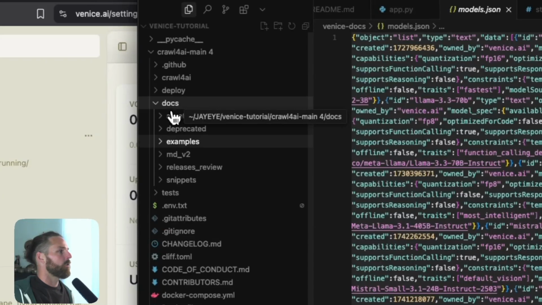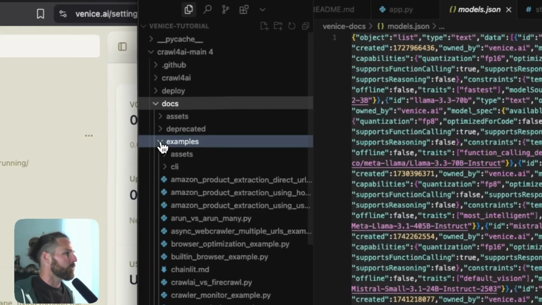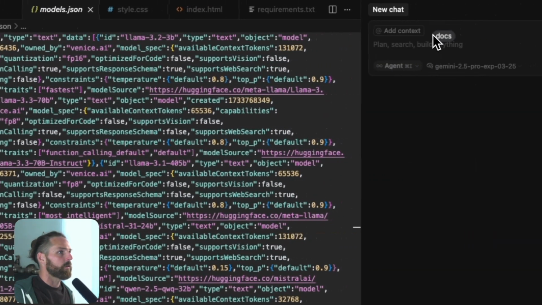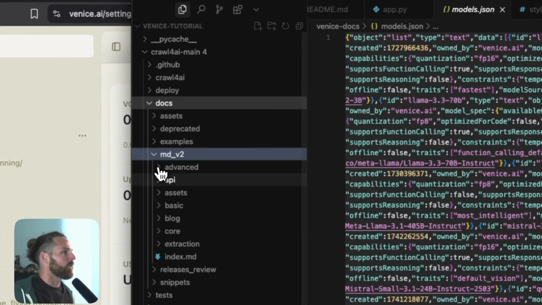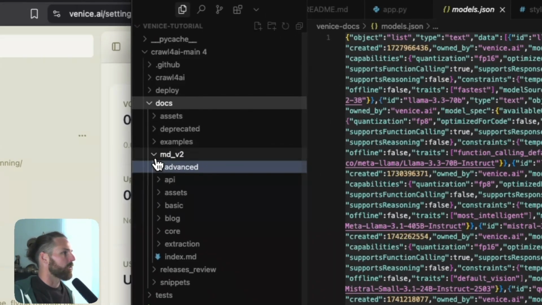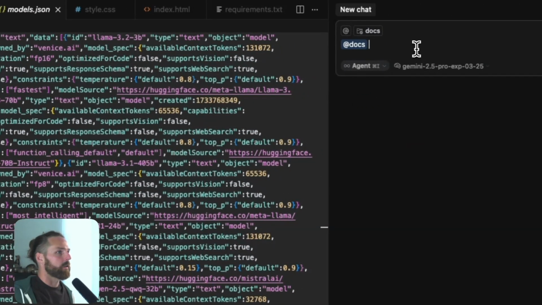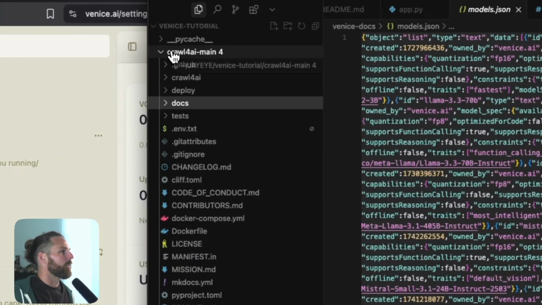And I'm going to drag over, I don't think it's the docs as much. We'll just do all the docs, whatever. I think it's really this MDV2 folder. It shows you how to do it, but let's just let it figure it out. Okay, so now we're going to say